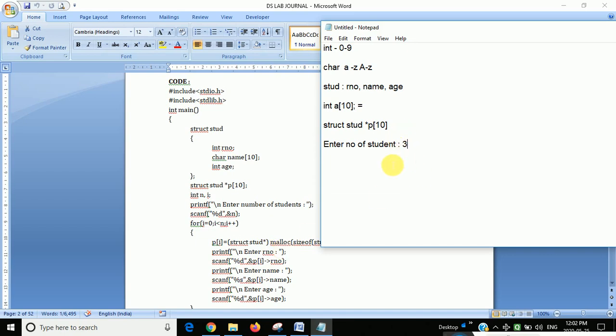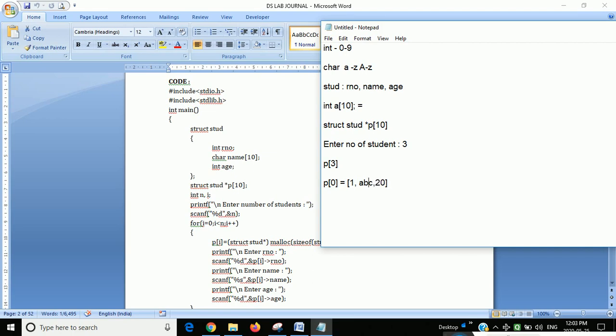For example, enter number of students, so 3 I have assigned. So what it will do is take the pointer 3 times. How? P of 0 will take roll number, name and age, like this.